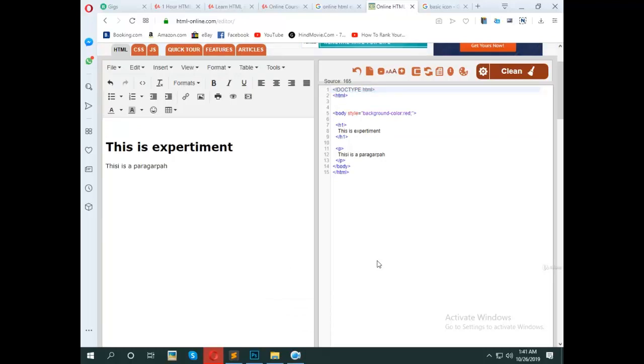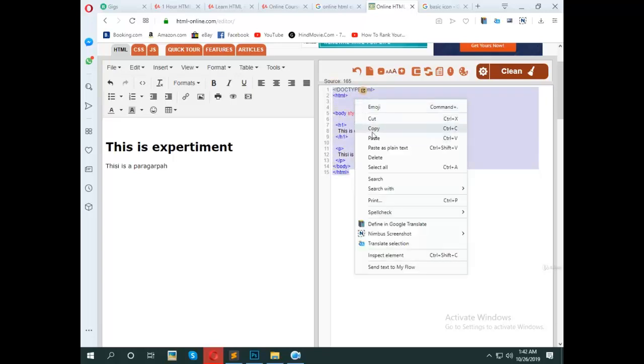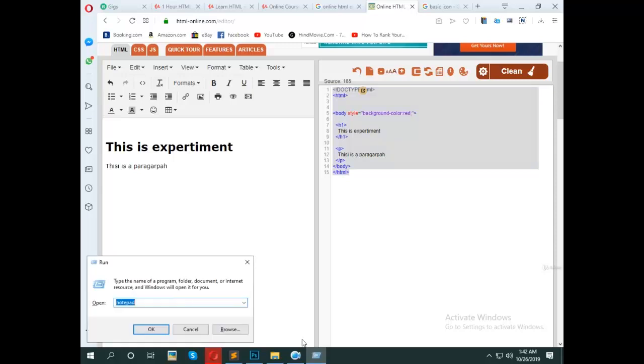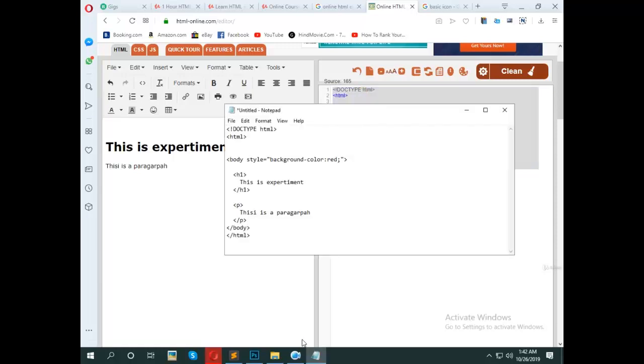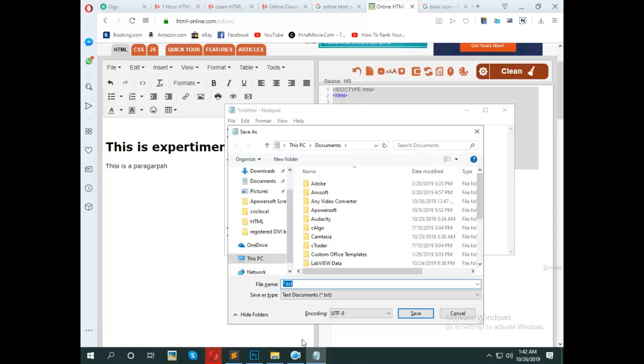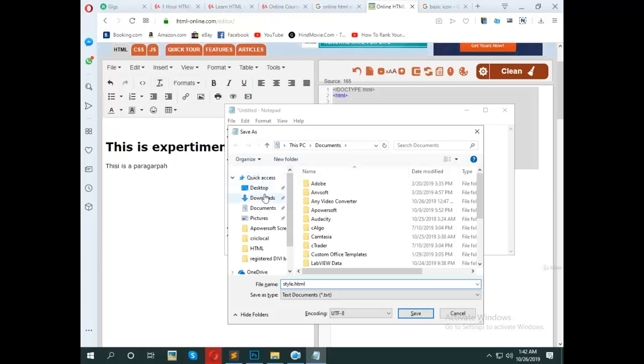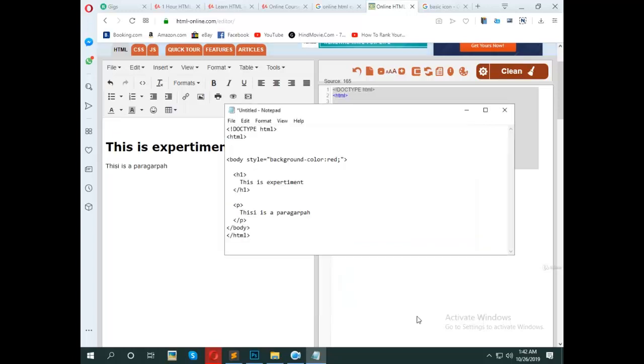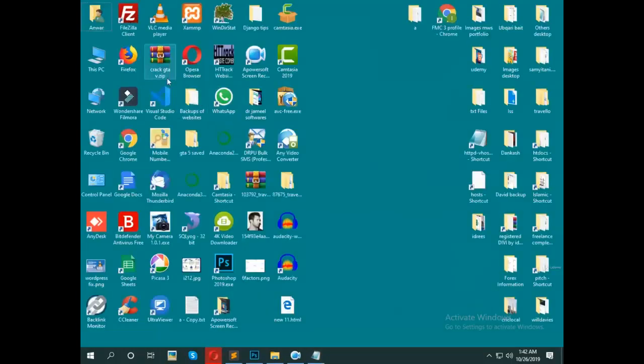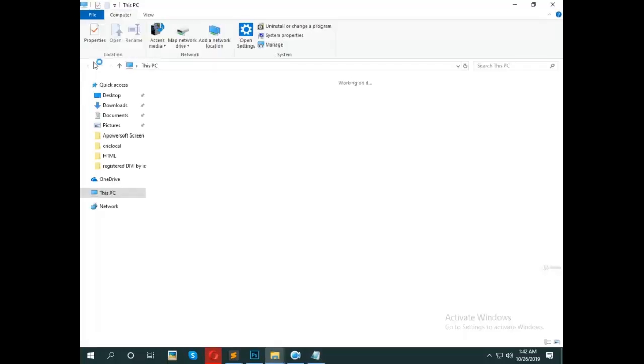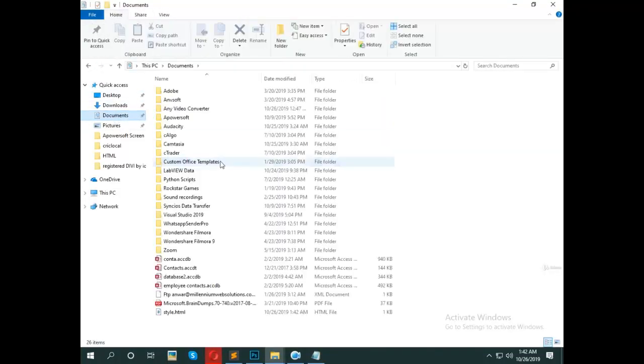Okay guys, if we want to save the document, so document means the notepad editor, we can save as style.html. Okay, if we can view that,